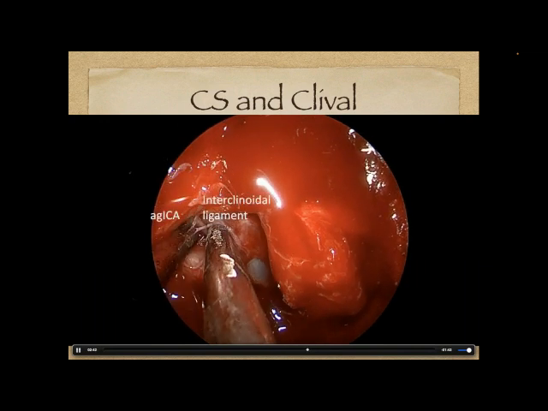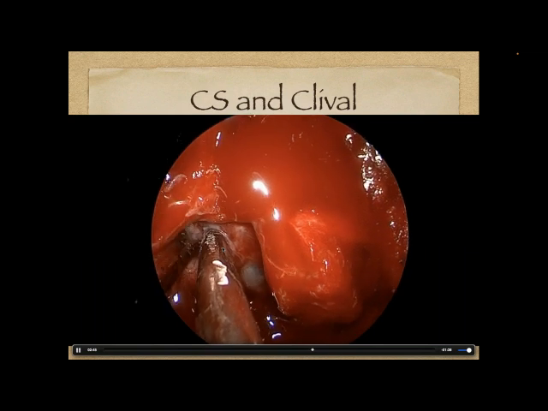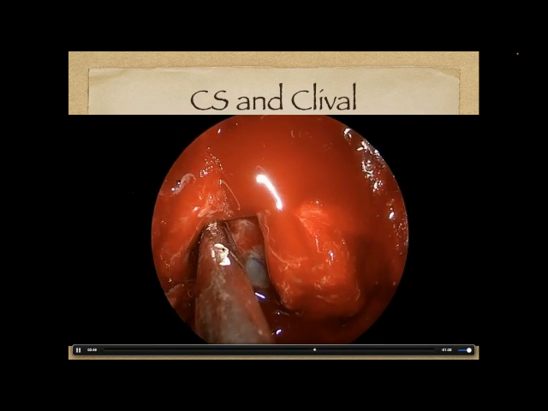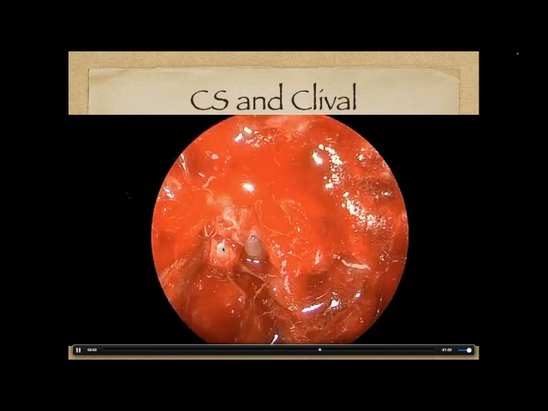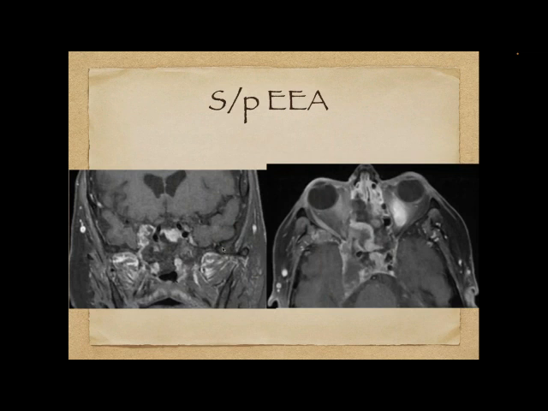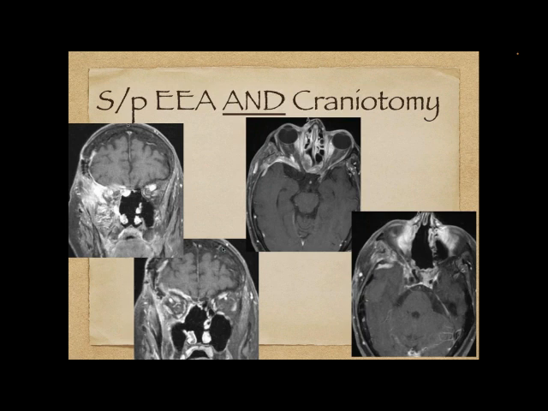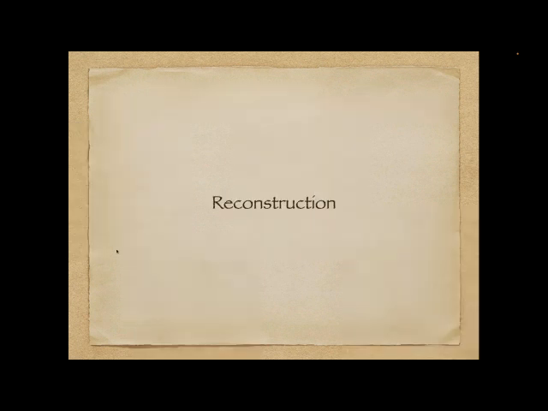Here we can see some bleeding coming from behind the carotid artery. But again, we're chasing this tumor, taking out all the tumor that's on the inside of the artery and the inside of the eye through this approach. And then we'll take an open surgery to be able to remove the part that's going outside the eye. And here's after everything. We see some scar tissue off to the side, but otherwise a complete removal of a very invasive tumor because we understand where these structures are and how to safely remove them.